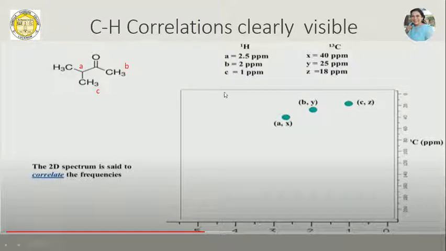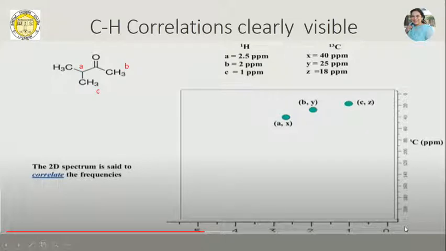When I talk about a 2D NMR, I am basically talking about 2-dimensional. If you remember, in a 1D NMR, we had 2 axes. On one axis, we had the integrals, or the intensity of the peak, and on the other axis, we had frequency, where in proton NMR we used to talk about 1 ppm, 2 ppm, 3 ppm and so on. So one axis was a frequency axis, the other axis was an intensity axis. But when we talk about 2D NMR, both the axes are frequency axes.